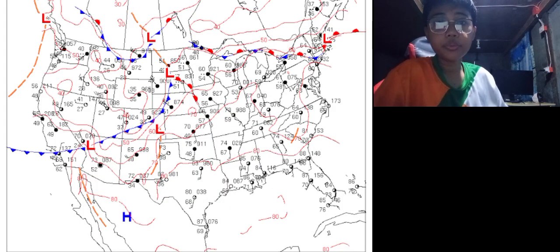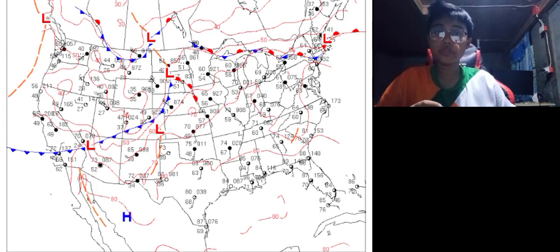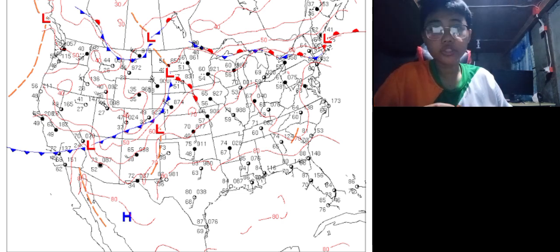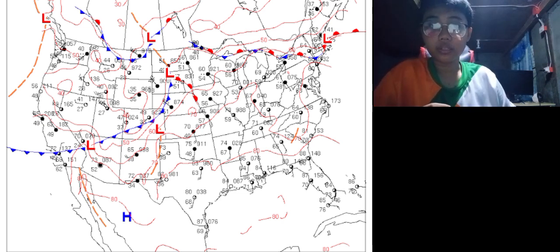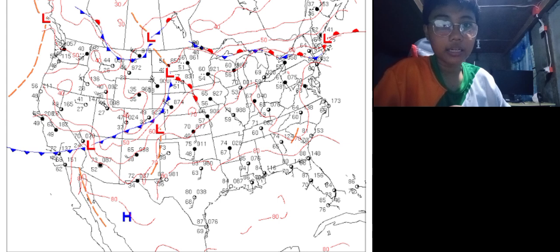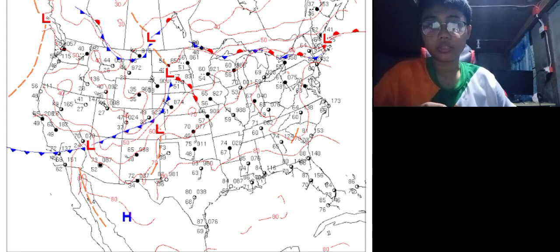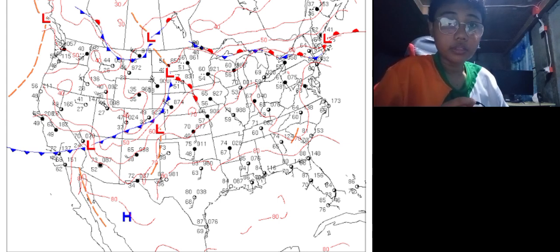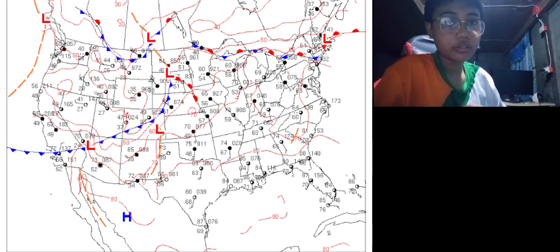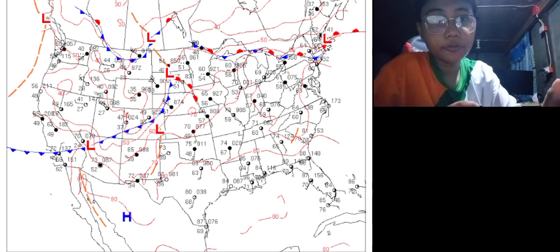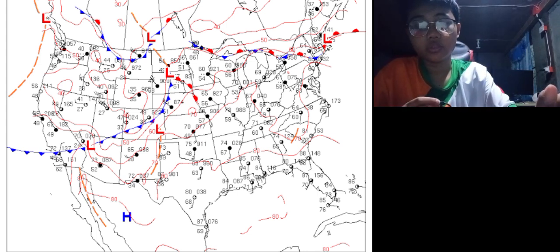So, before we read our surface weather map, I'm expecting that you are already familiar with the symbols because they have been tackled in our earlier discussion, specifically with Miss Taha and Miss Manampan's report. That knowledge of yours will make this discussion easier. So let us start our weather forecasting using the surface weather map.